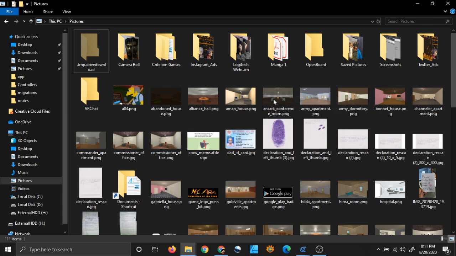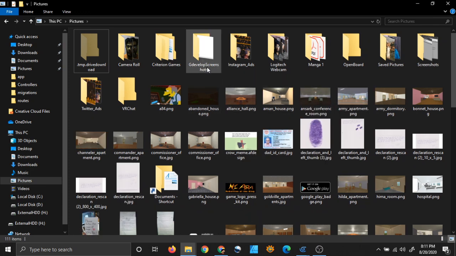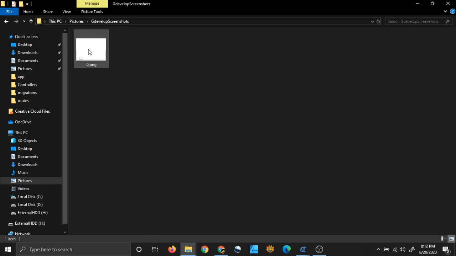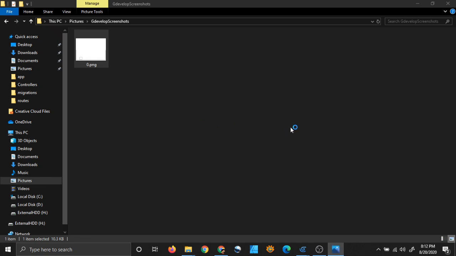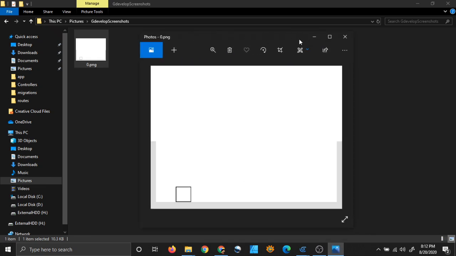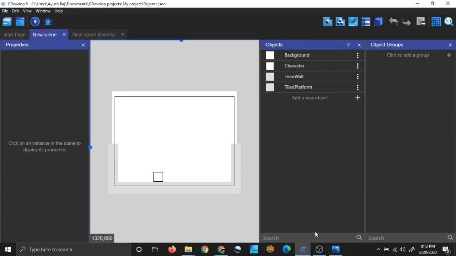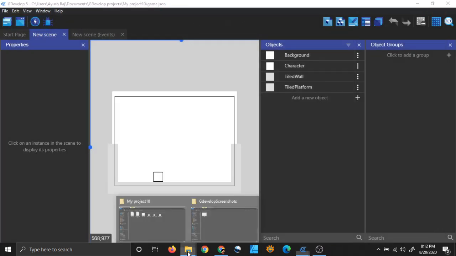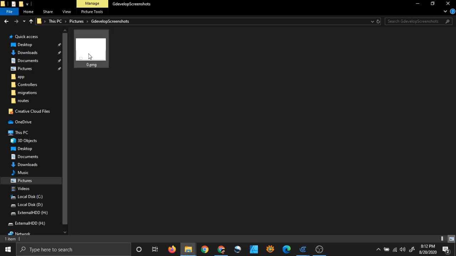I will refresh, and you can see that I have a GDevelop screenshots folder, and when you open it I will see a screenshot of my game. Let me open the screenshot. So you can see that this is the screenshot, right? So that's how you can store screenshots, and this is only one.